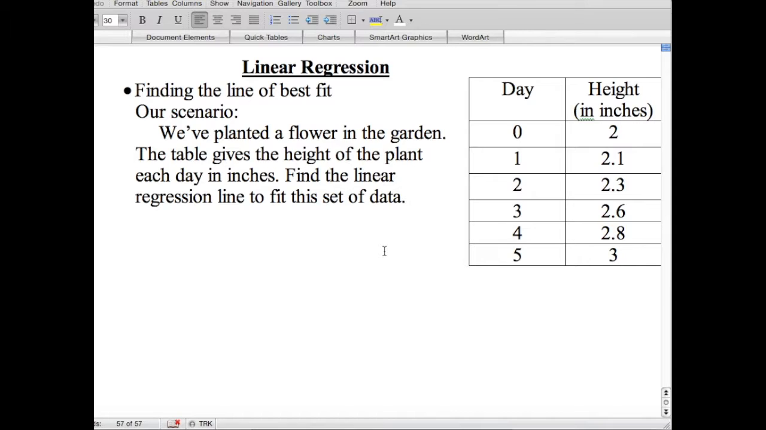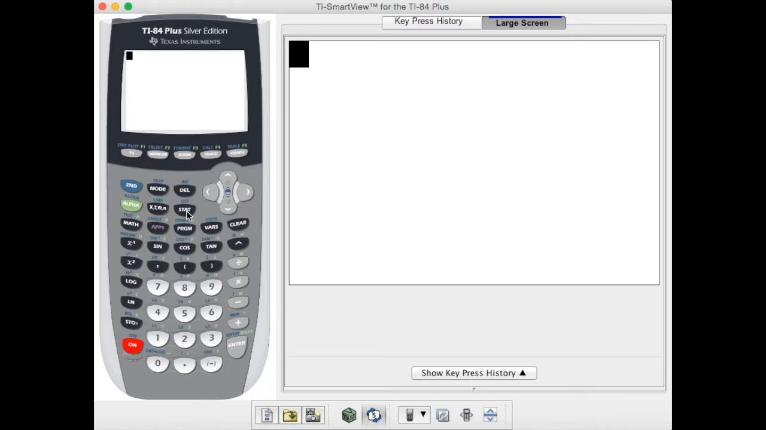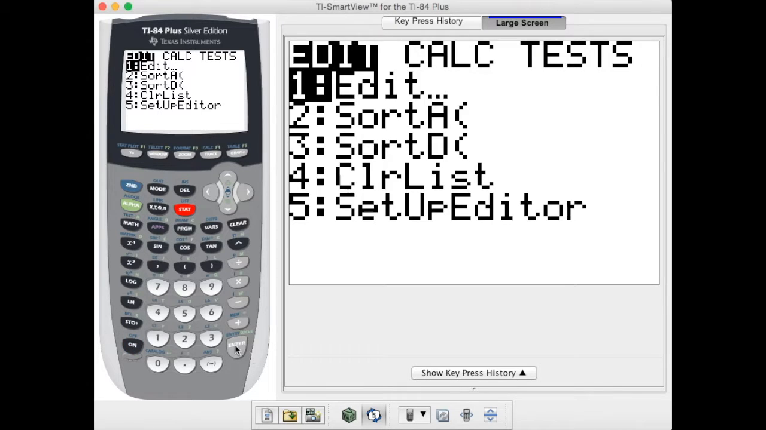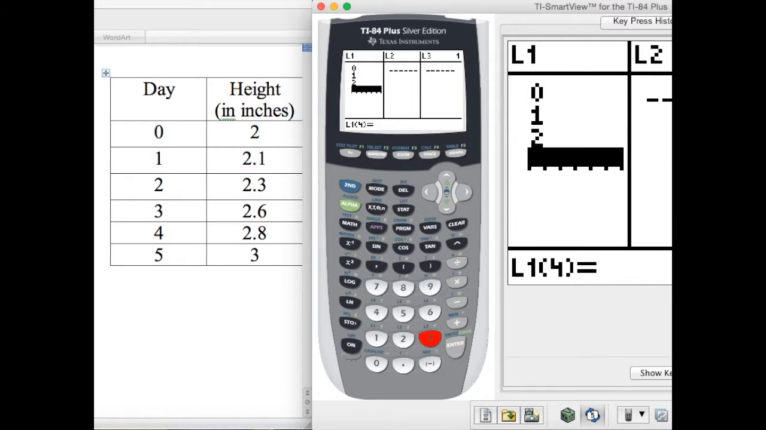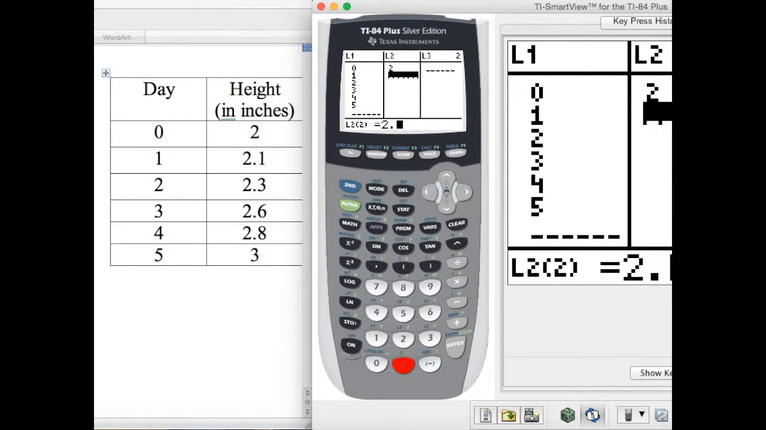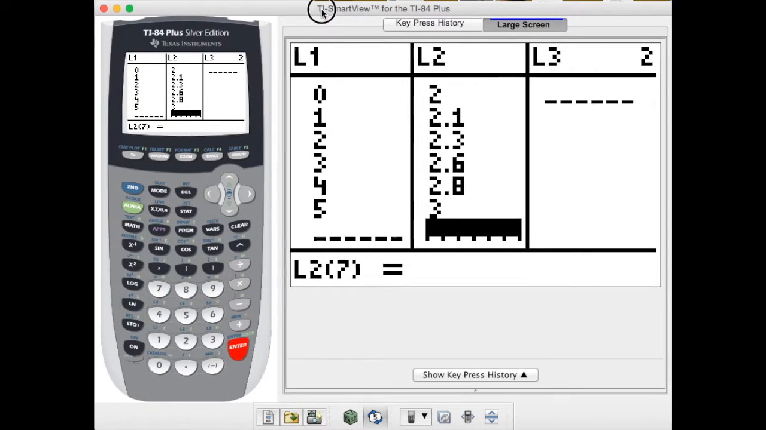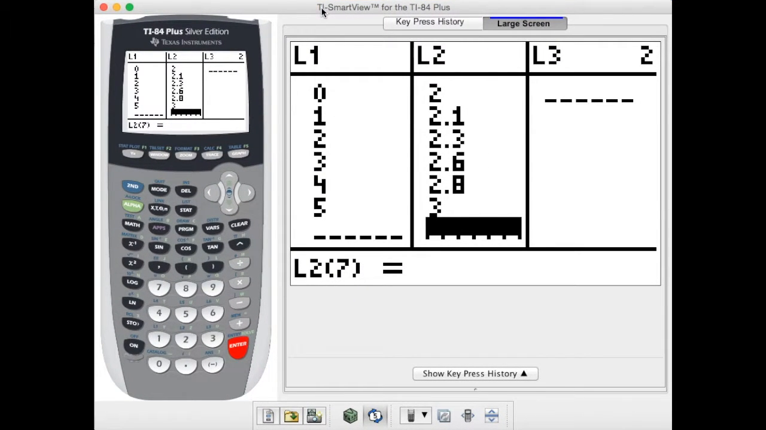So the first thing we want to do is enter this data into our calculator. Again, when we enter data, we hit Stat, Enter, and then we type in our values. So once our values are typed in, then we can take a peek at the graph of this information. I want to make sure that this is actually going to be a linear scenario, so it helps to make